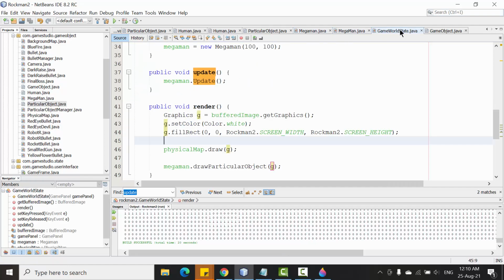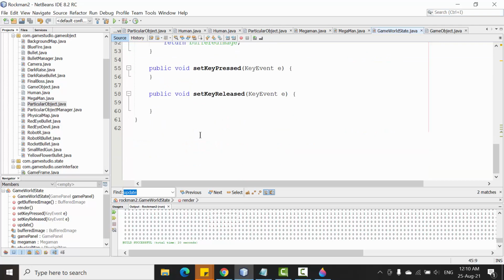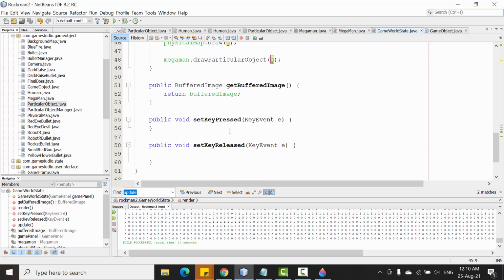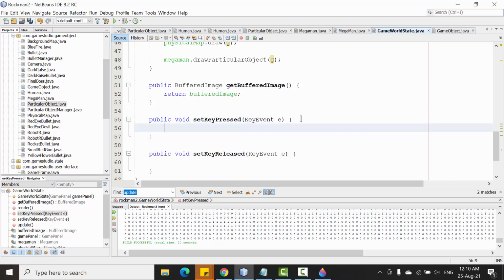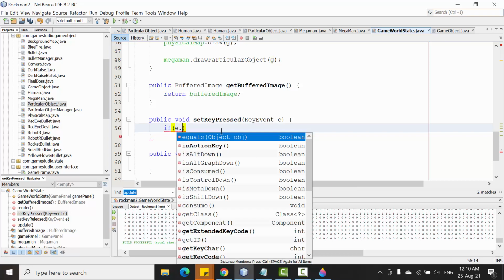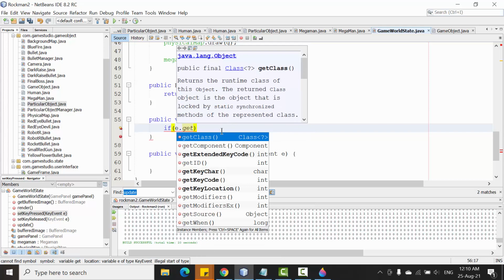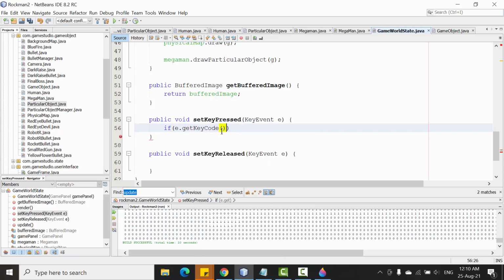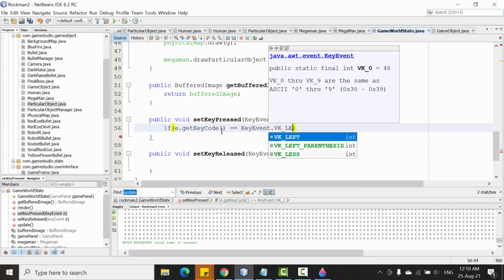Let's go back to the game workspace here and go to the key press here. Alright, and in the key press we check if the get key code equals the KeyEvent VK_LEFT,